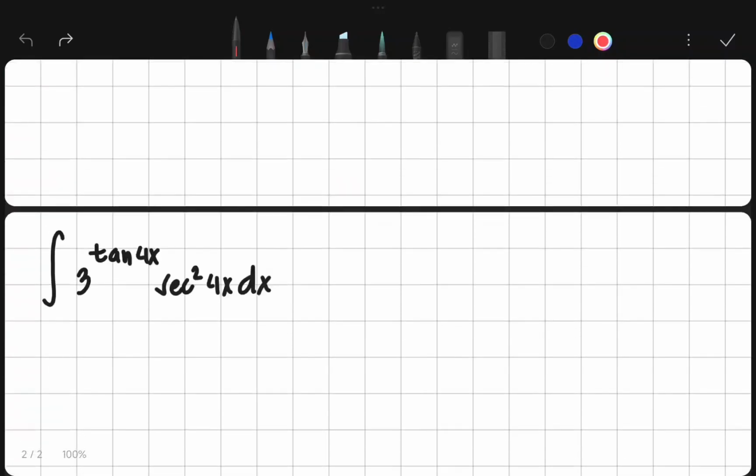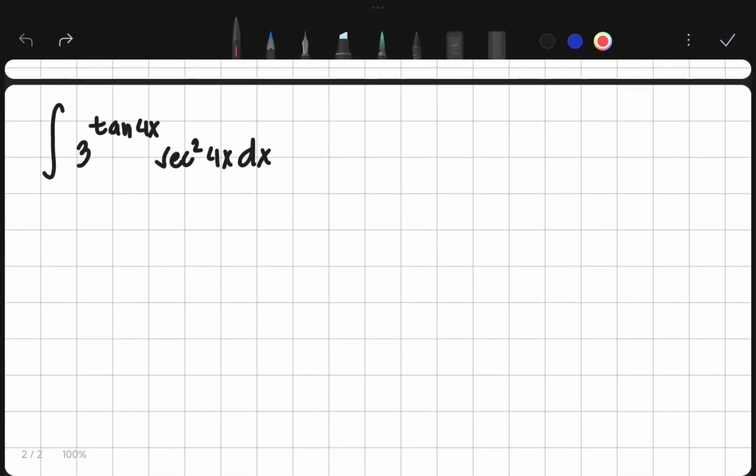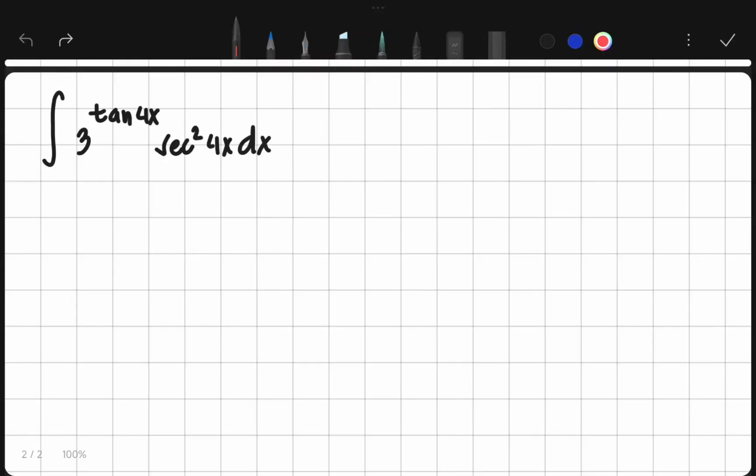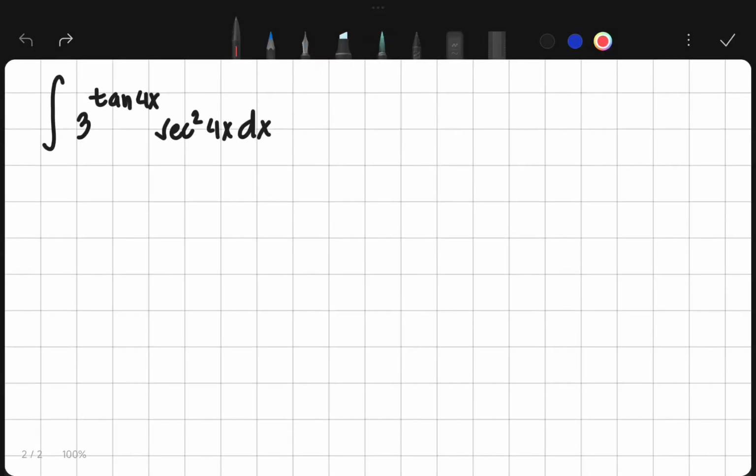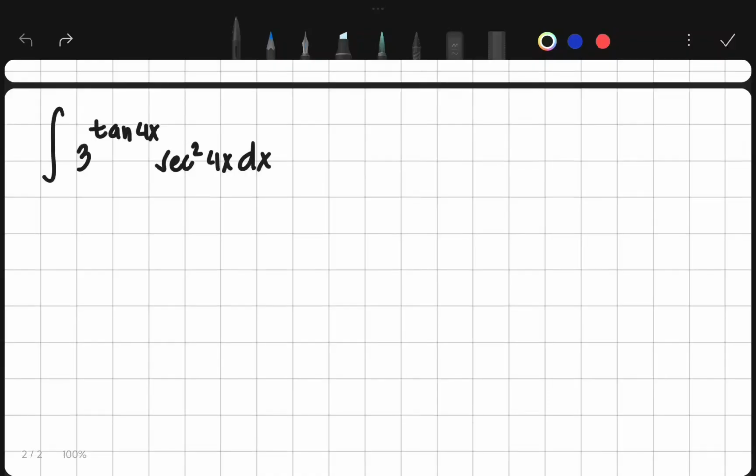So let's say we have this integral of 3 raised to tan 4x times secant squared 4x. For this one, in order for us to solve this, before we integrate, you should already know about the method of substitution, like u-substitution, right? And also you need to be familiar with the derivatives of trigonometric functions. Okay, so for our solution here,